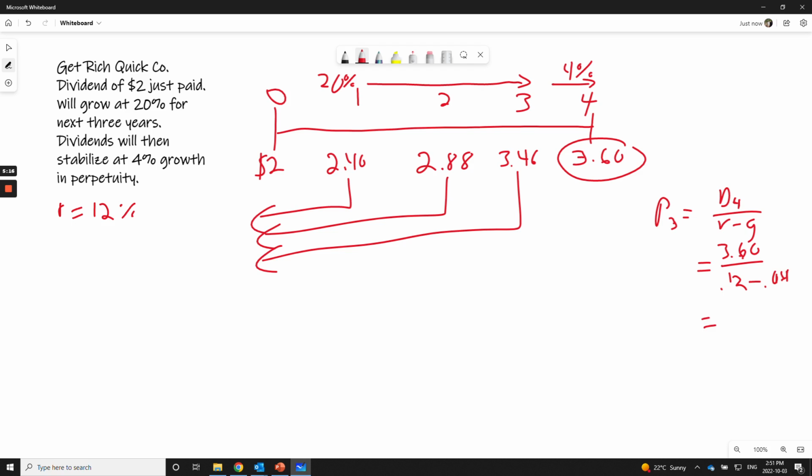I solve this and I determine that the price we'd be willing to pay is $45. The perpetual value of the dividend stream at time 3 is $45. Add that in here, $45, and the total value at time 3 would be